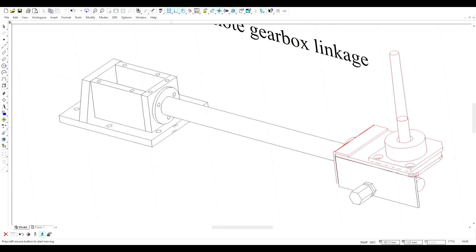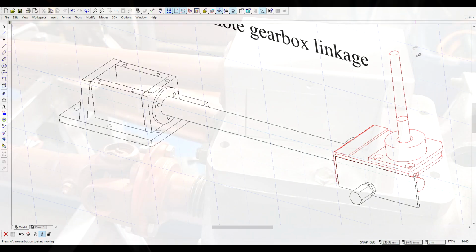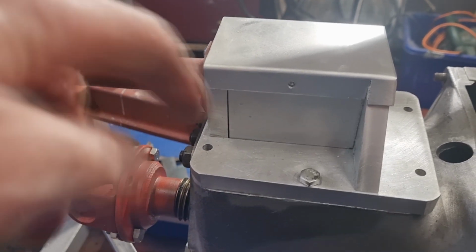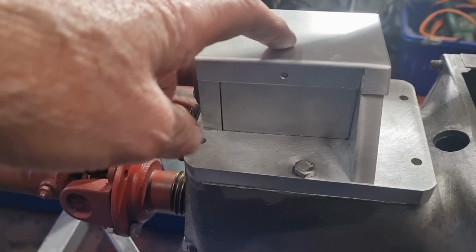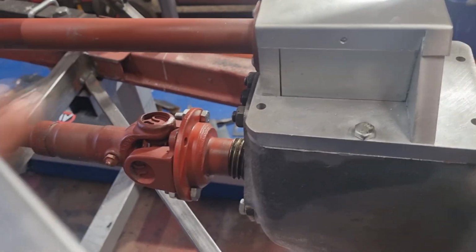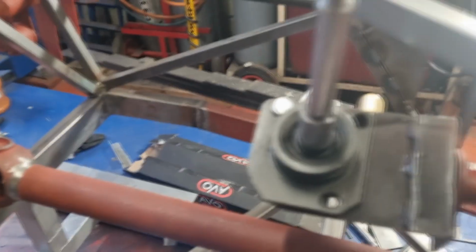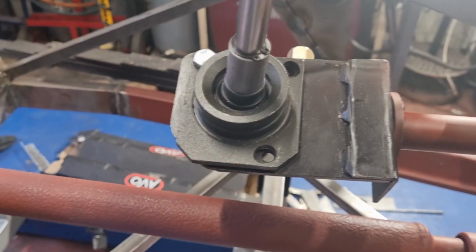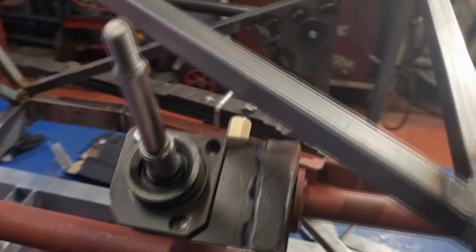Here's the bit on top of the gearbox, and here's the bit that is in your hand, and this bit here is the reverse lockout, which I'll deal with later. It comes in two major fabrications. One is the bit that sits on top of the gearbox and its shaft, and the other part is the remote bit with the gear linkage on it. There's also